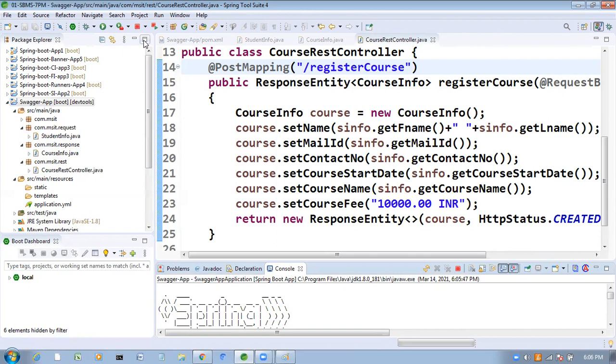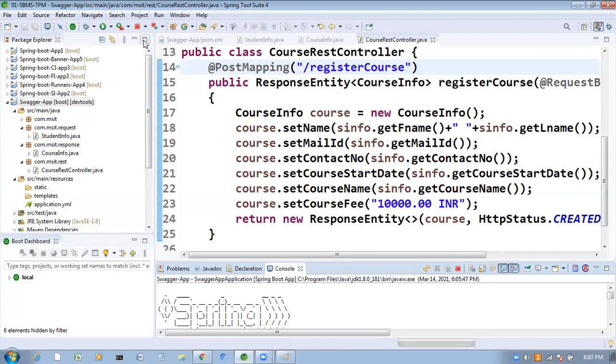In Postman we need to select POST, give the endpoint, and provide the request object and everything. Instead of doing all those things, we have Swagger UI. Swagger provides Swagger UI, and by using that we can also test whether our API is working properly or not.